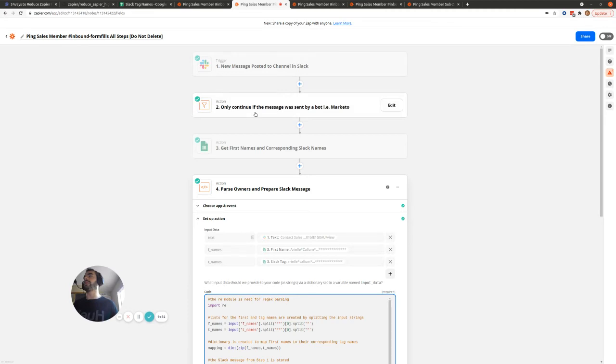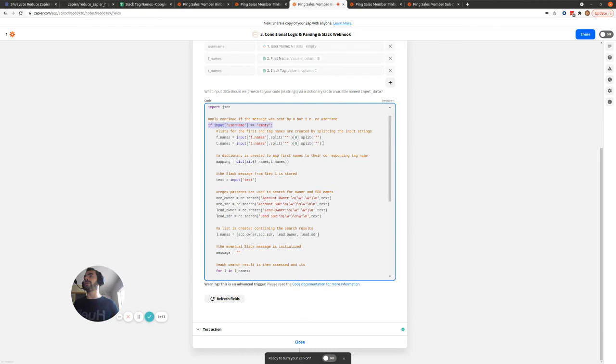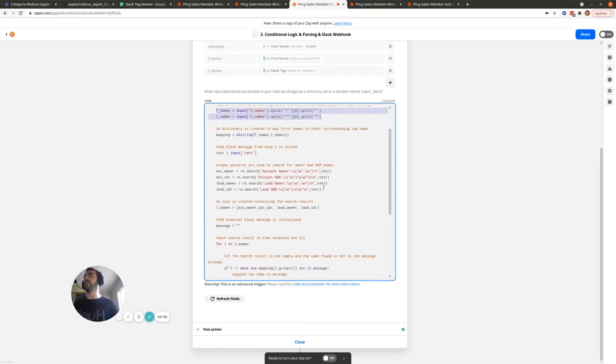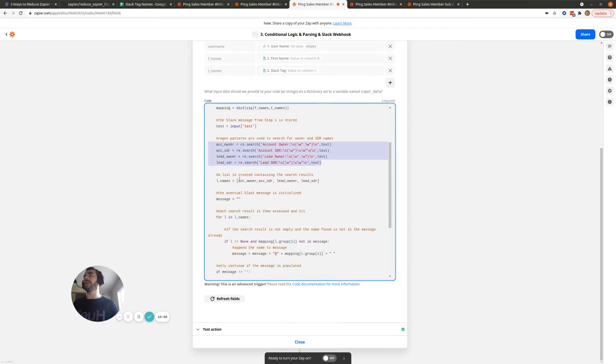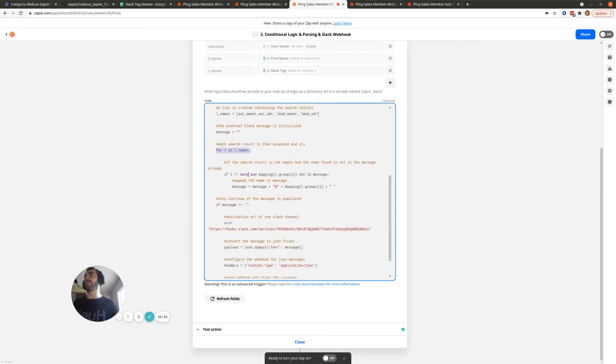So we've replicated this filter action with Python code. And then we do the same as before: we obtain the first name and tag names lists in Python. We search for account owners and SDRs. We then accumulate the output of these 4 searches in this list, and then we'll loop through this list. And if the output of the searches is not empty, that means we found an SDR or an account owner, and their Slack tag name is not already present in the message, then we're going to add that Slack tag